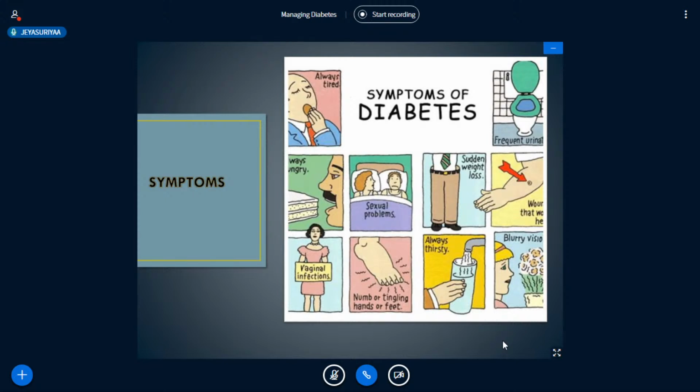Now, coming to what could be the symptoms of diabetes. Diabetes symptoms vary depending on how much blood sugar is elevated. Some people, especially those with pre-diabetes or type 2 diabetes, may not experience symptoms initially. In type 1 diabetes, symptoms tend to come on quickly and be more severe. Some of the signs and symptoms of type 1 and type 2 diabetes are increased thirst, frequent urination, and extreme hunger. In other terms, it can be termed as polydipsia, polyuria, and polyphagia. And unexpected weight loss could be more prominent.